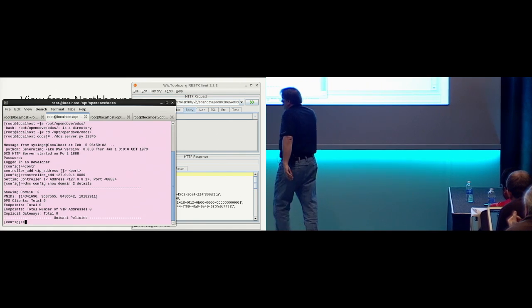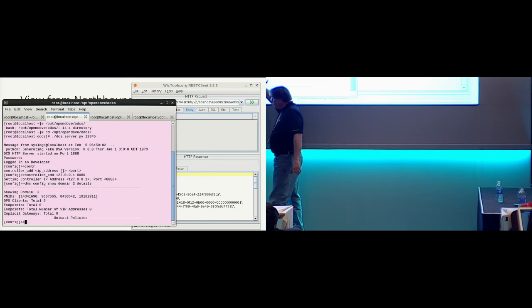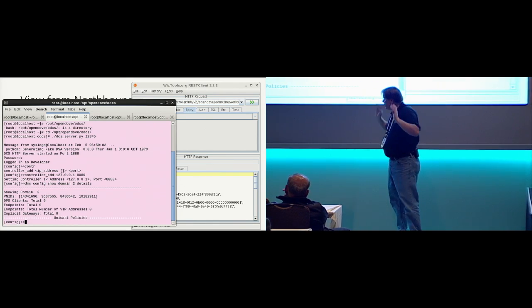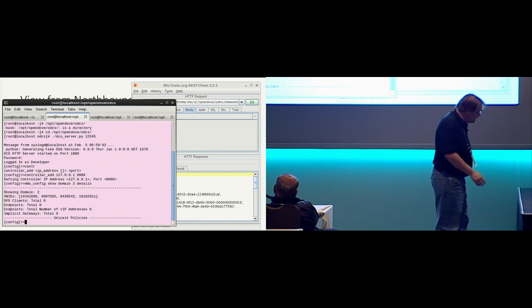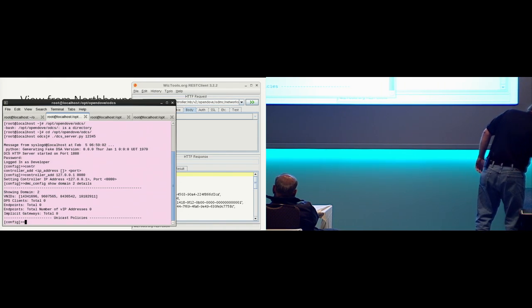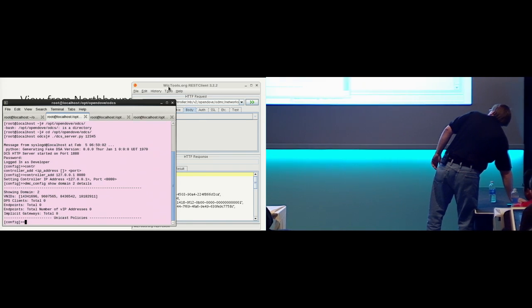OK, so we don't have any endpoints. We'll get those later. We don't have any implicit gateways. We don't have any subnets. We just got a couple of networks. We can't really do anything with them yet. So the next thing we want to do is now we want to say, let's create